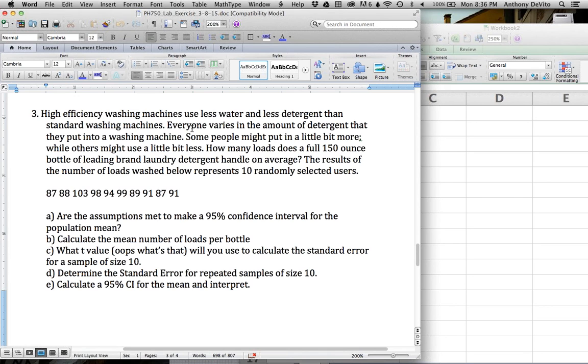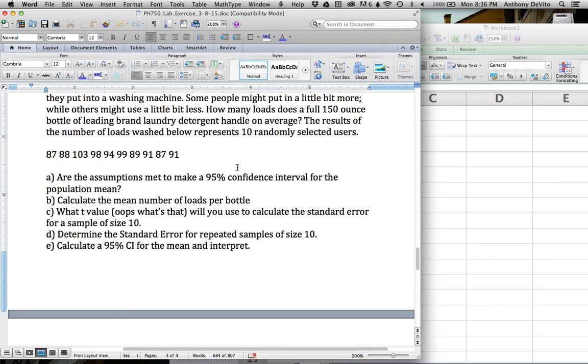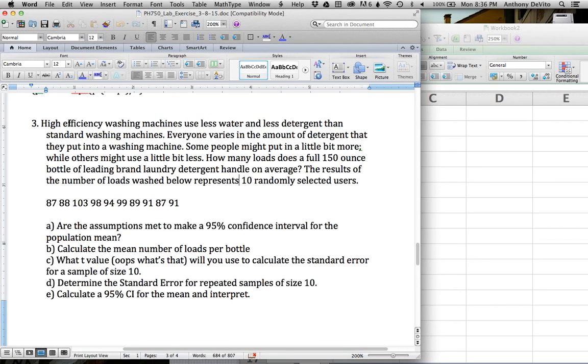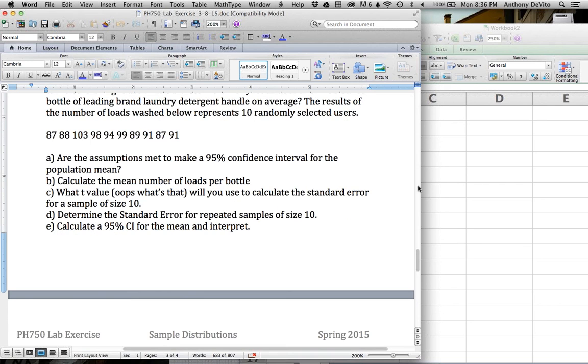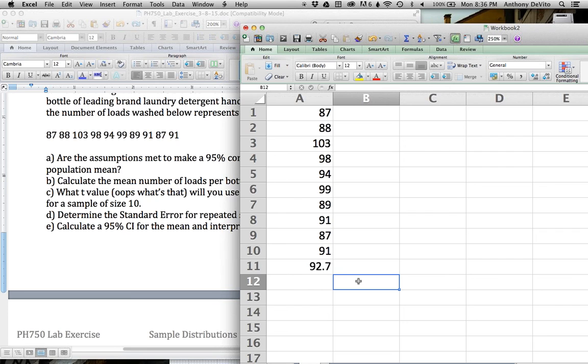Okay, so now what do I need to know to calculate a standard error? I need the standard deviation of the population. I need sigma, don't I? Am I given sigma in here? It doesn't look like I'm given sigma in here, right? But I'm going to need sigma. Now I go way ahead of us on this. Okay, I'm going to calculate the standard deviation of these 10 numbers, just because I want to get a decent number. Okay, I'm going to say 6. I'm going to tell you that sigma